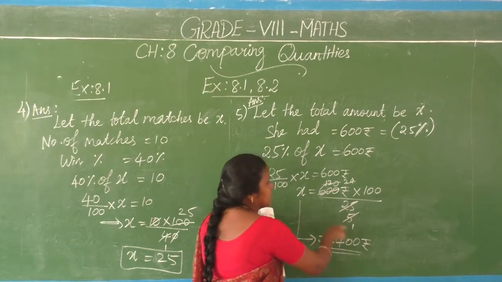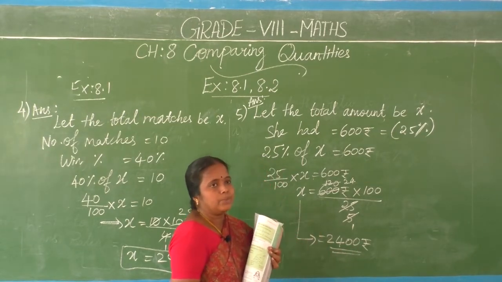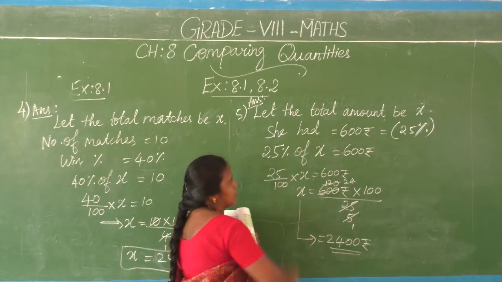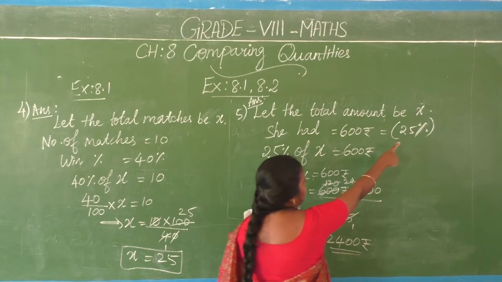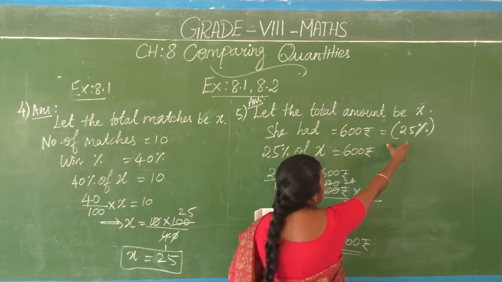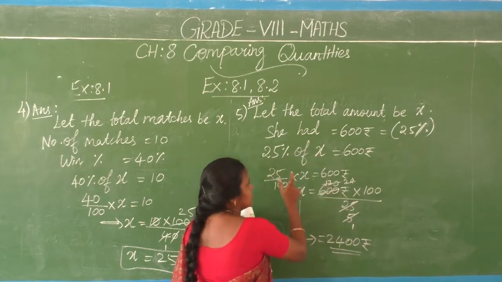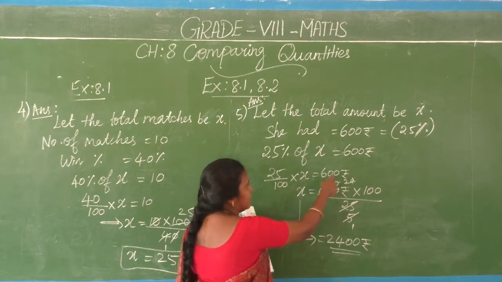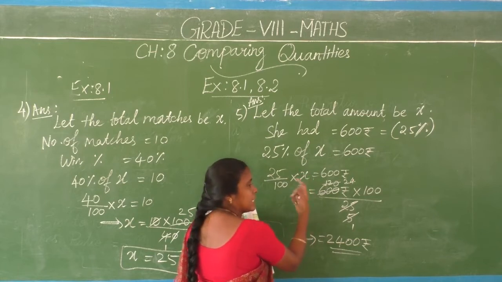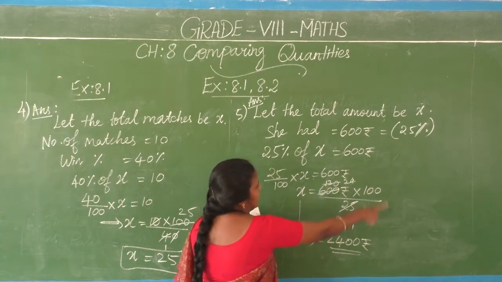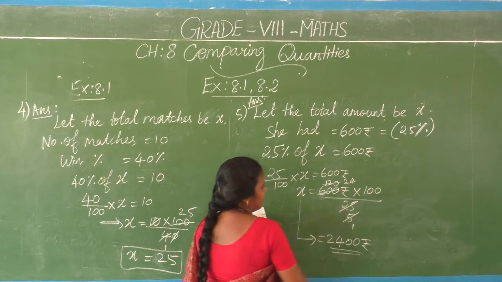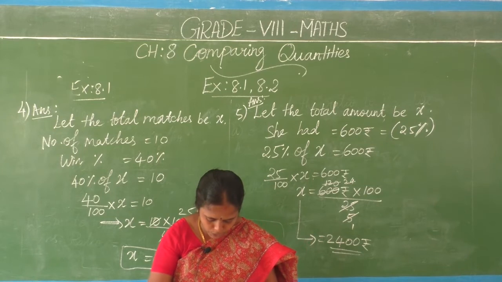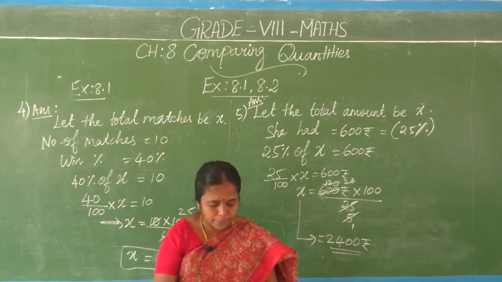Out of this she had spent 75%. Remaining how much she had means 600 rupees. So that we can mention in percentage wise 25. So that I made a step like this. 25% of her total amount is 600. That means the amount she had is like this, 600 into 100 by 25. If you simplify, 2400 is coming. Clear, children? So one more question is there. In this way you have to try.